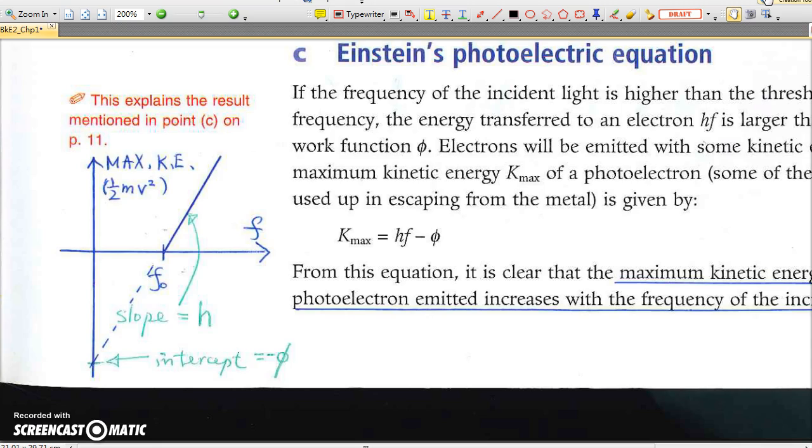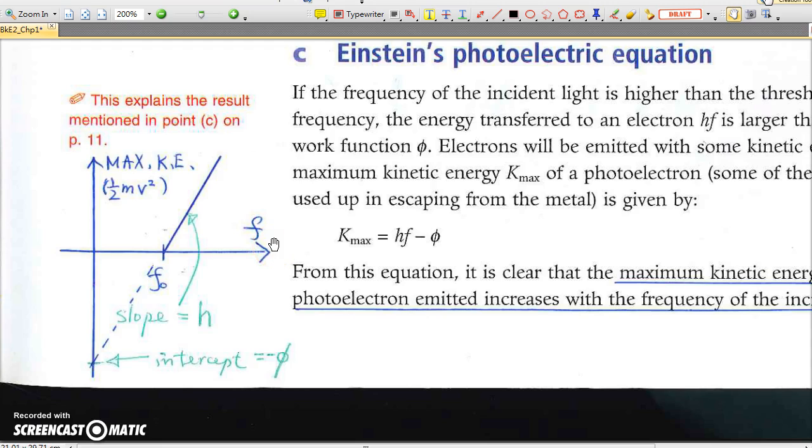The equation also allows us to do something. Pick up a pen and copy that down. The equation allows us to plot the graph of maximum kinetic energy versus f. You may know how we may find the maximum kinetic energy of all those photoelectrons by using stopping potential. You may calculate the maximum kinetic energy from the stopping potential,